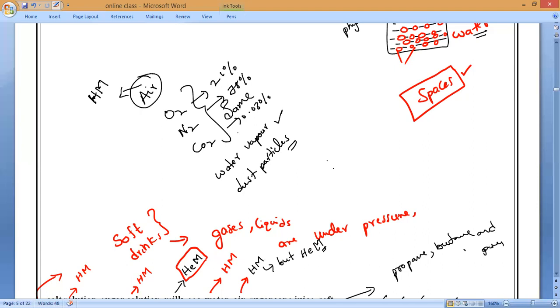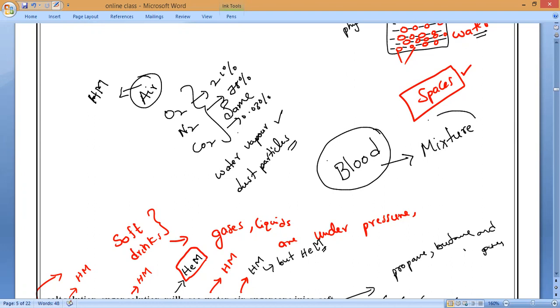Now, is our blood a mixture or compound? Anybody? Our blood is a mixture only. It is a homogeneous